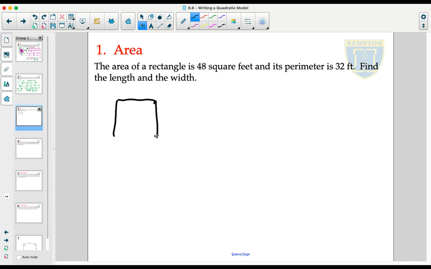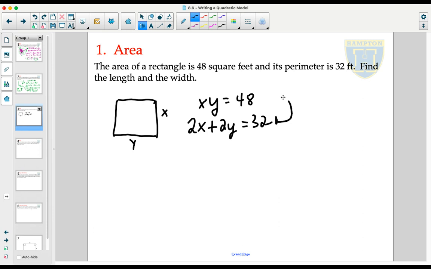So we're going to start with, unlike our last example, two different variables, x and y, as representations of the length and the width. We know that the area of the rectangle is 48, so x times y must be 48. And we know that the perimeter of the rectangle is 32, so 2x plus 2y must be 32. The quadratic model comes into play when we use the substitution method on this bottom equation and substitute it into the top equation. Solving the bottom equation for x,